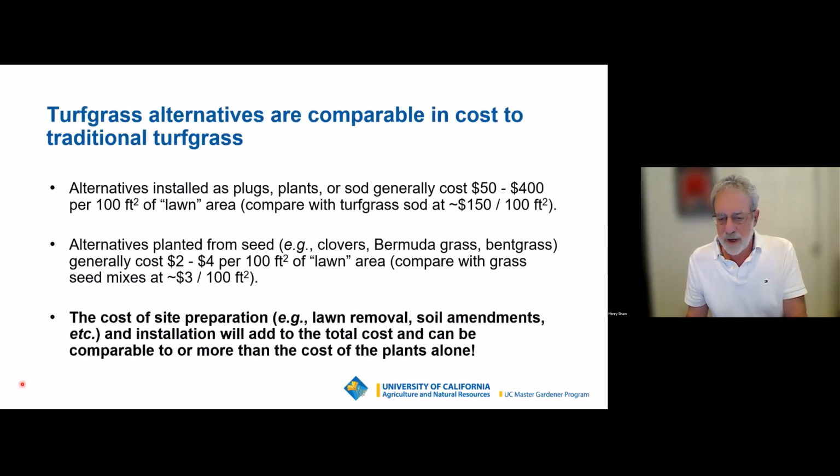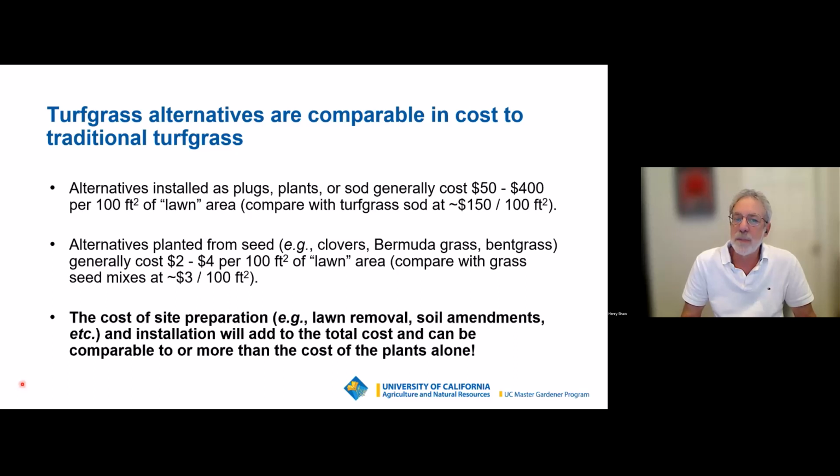Well, how much does this cost? Alternatives that you install as plugs or plants or sod generally cost anywhere from $50 to $400 per 100 square feet of lawn area. And an estimate that I got for the standard turfgrass sod that we use is about $150 per 100 square feet. So they could be cheaper, they could be more expensive, but they're the same order of magnitude,